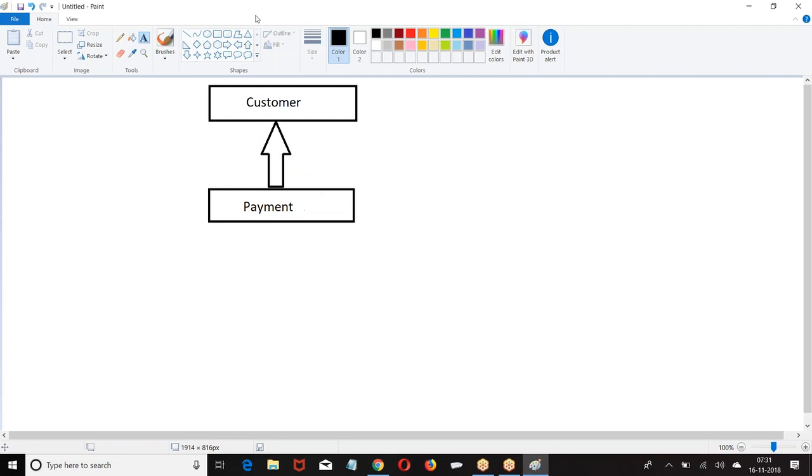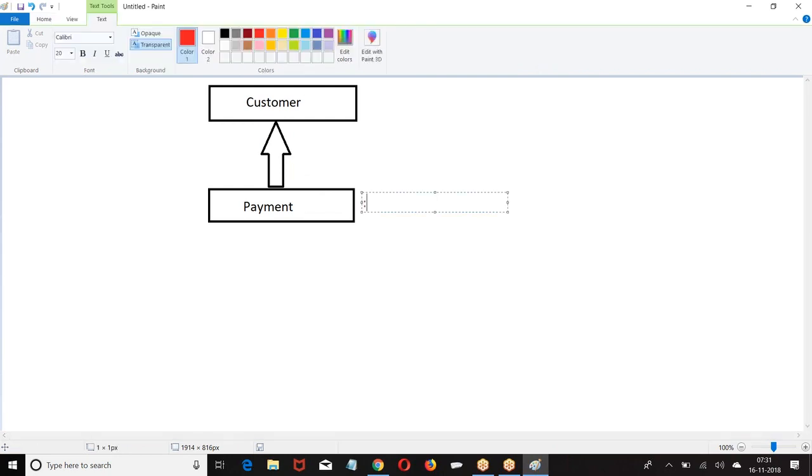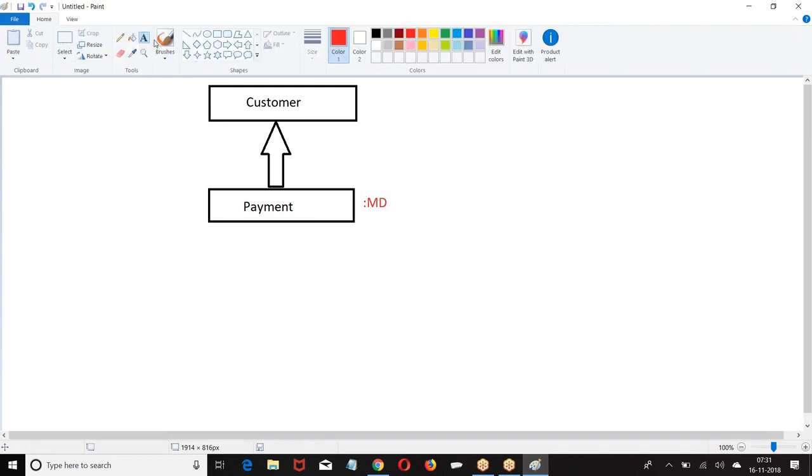You have created a master detail field on the payment object, right? Right, boss? This is what you have created. Now, if you want to create a junction object, it cannot be on this. If you want to create a junction object, now it is a master, it is a child.